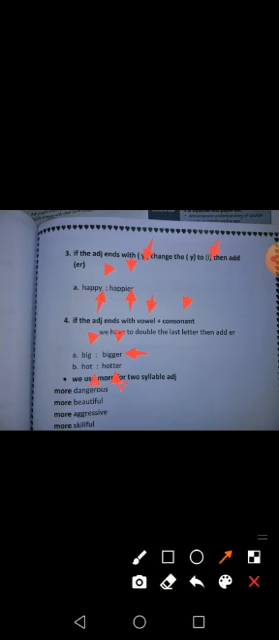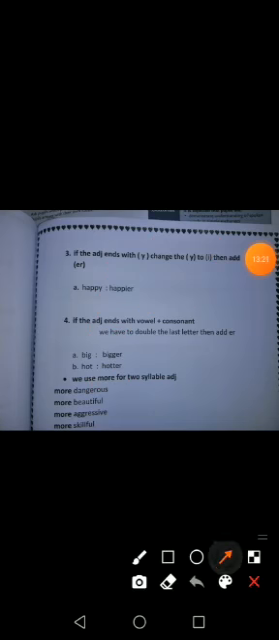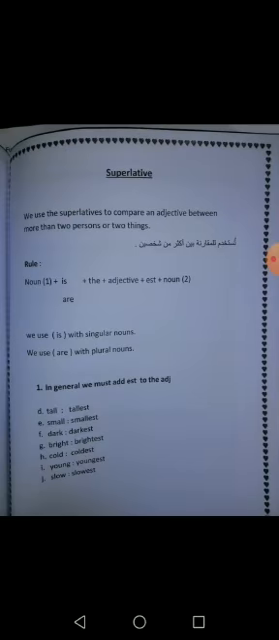Can you see? And here we have examples of using more. More dangerous, more beautiful, more aggressive, more skillful. Can you see? So this is about what? This is about the comparative. So what is the difference between comparative and superlative? We use the superlative to compare an adjective